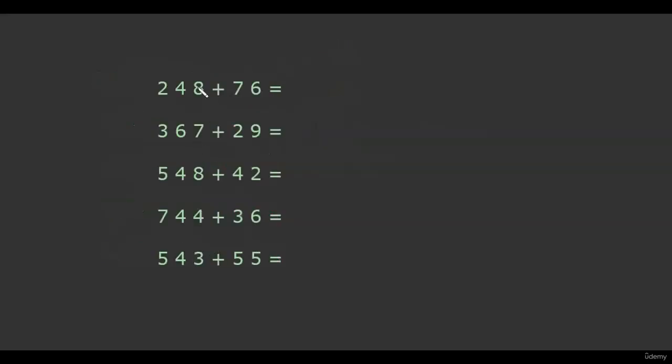Now we will try to write faster. 4 and 7 are carry numbers, so instead of 2 we will write 3. 8 and 6 are also carry numbers, so instead of 11 we will take it as 12. And 2 is the unit number. And 8 plus 6 is 14, so 4 is the unit number. This is how we can proceed.